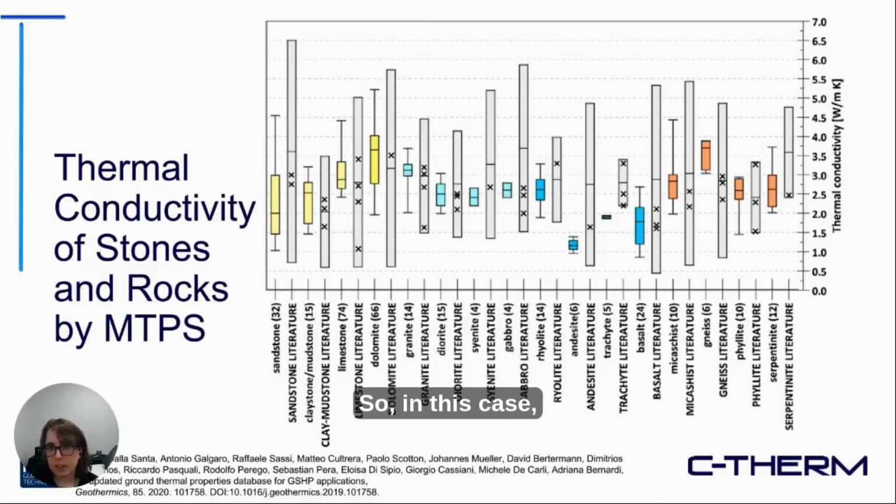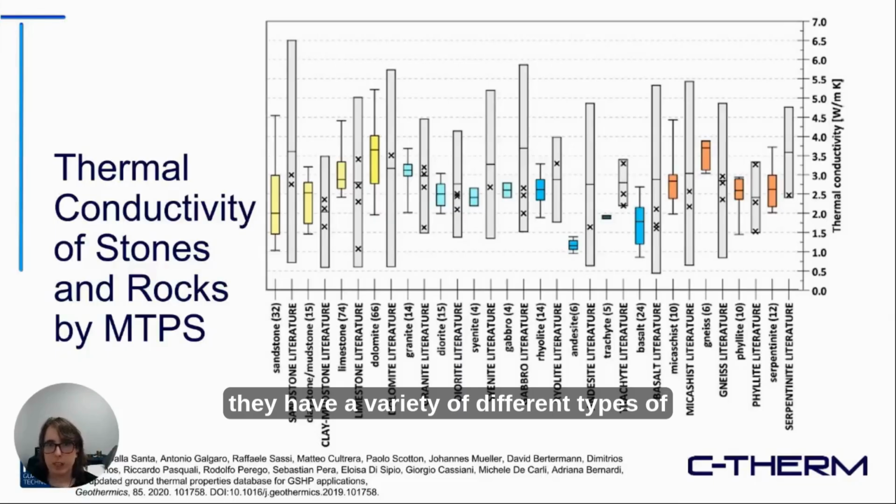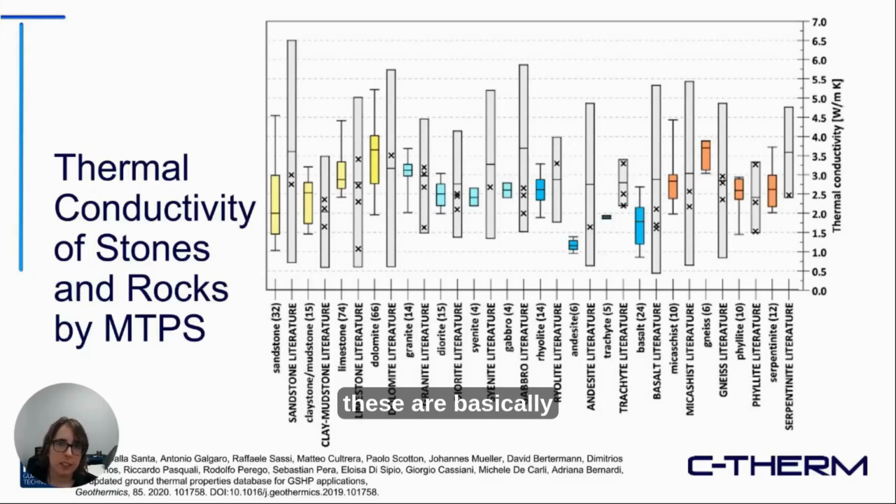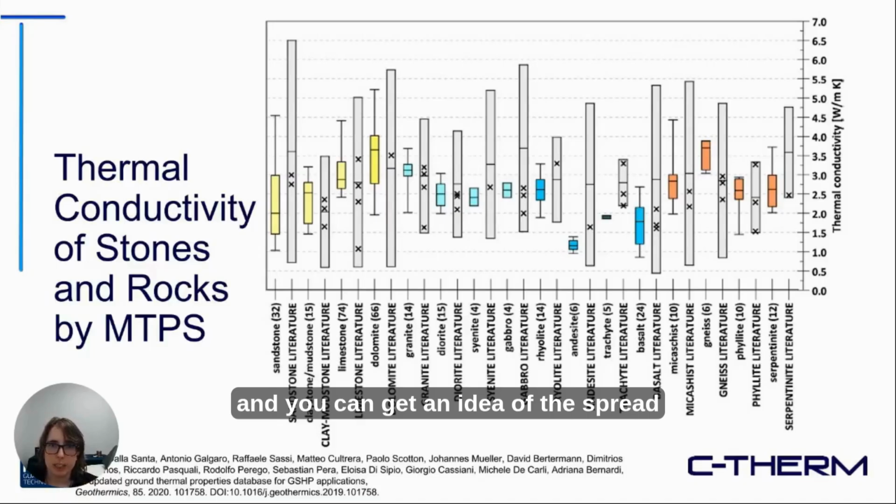So, in this case, they have a variety of different types of stones and rocks evaluated by the MTPS method. And in all of these cases, these are basically charts taken from a variety of different samples sampled in different locations. And you can get an idea of the spread of different thermal conductivity values of different types of rocks from different regions. In some cases, you can have a factor of 10 potential variation in a single type of